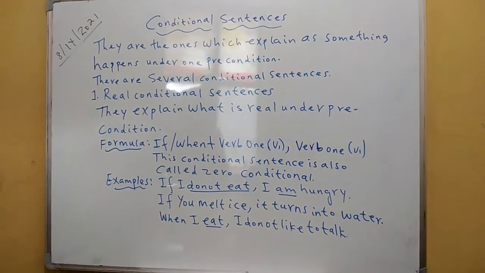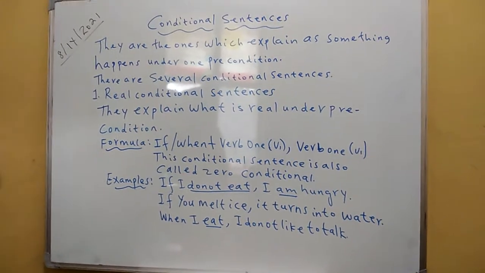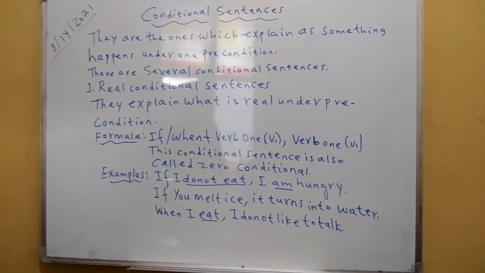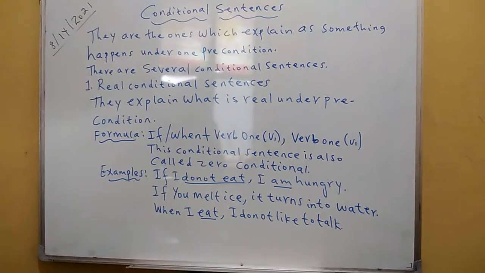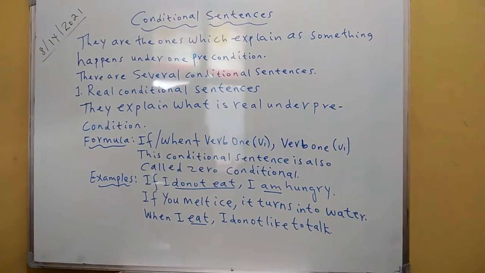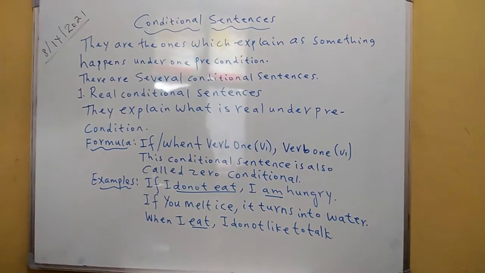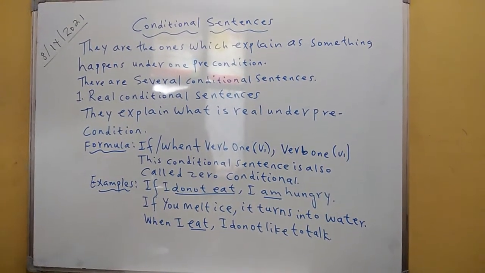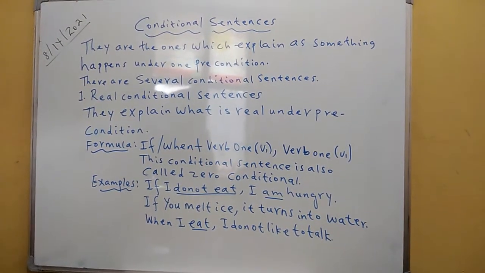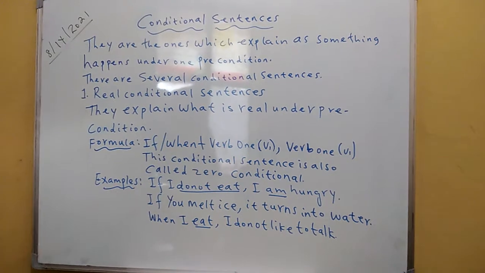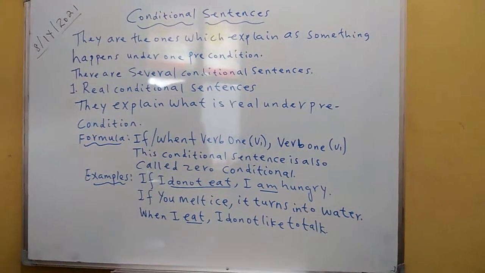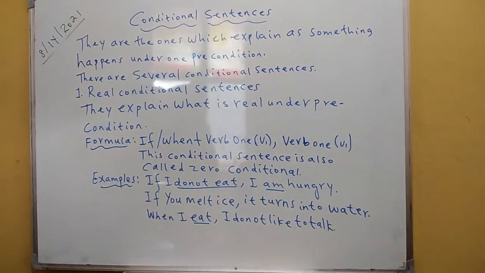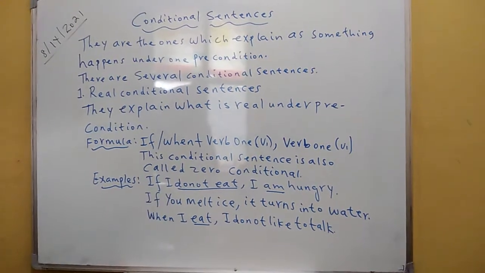Now let's see what is meant by real conditional sentences. Of course, as you can see, they are the ones which explain what's real, or what's commonly known as fact or truths. Sometimes they are also called zero conditional, which is simply to explain what's real. So, in order to form real conditional sentences,